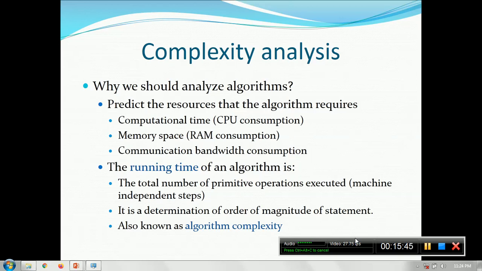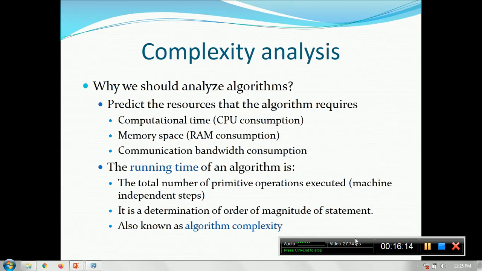We call this the running time of an algorithm. It is also the determination of the order of magnitude of a statement, like how many times the statements are being executed. It is also known as algorithmic complexity.